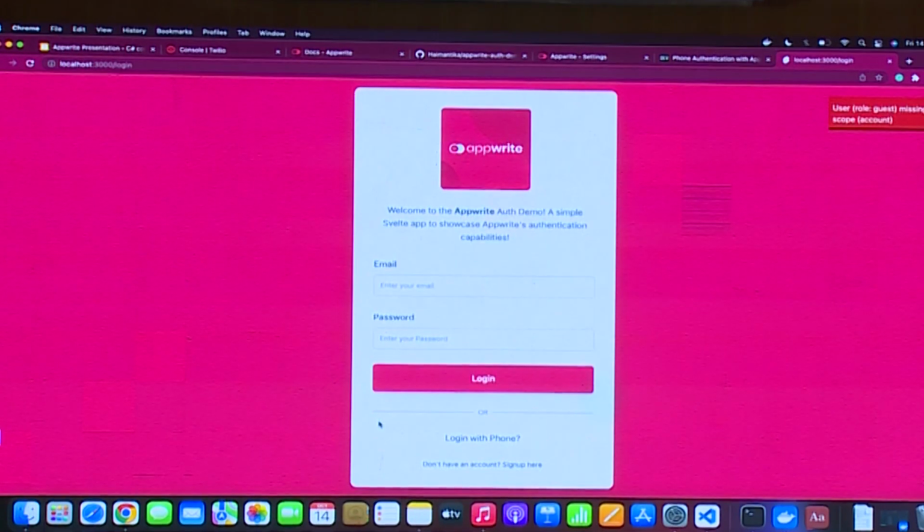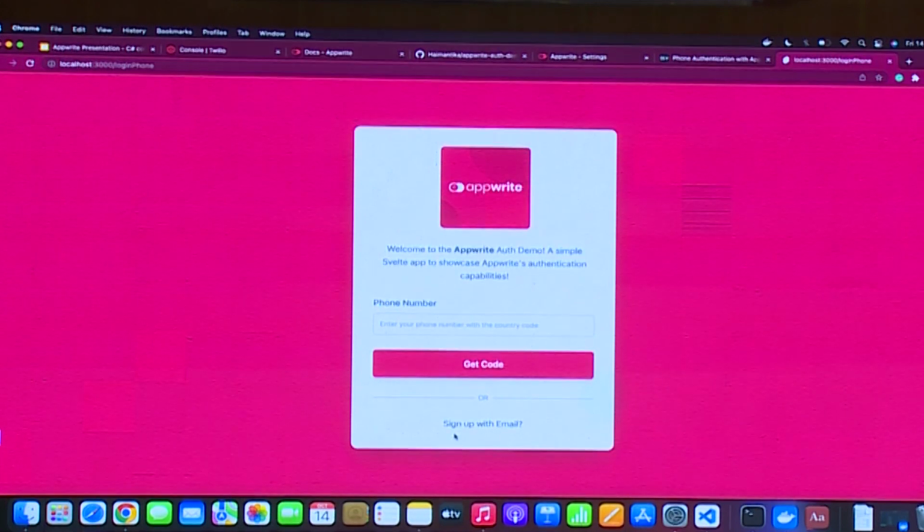I simply follow the link. You can ignore the thing that came up. So there's an option. You can simply log in with your email and password, or you can log in with your phone. And this is where you need to give the phone number that you registered your Twilio trial account with. Since mine is a trial account, only sending SMS to my registered number will work. But if you have a paid account, you can send SMS to any number.